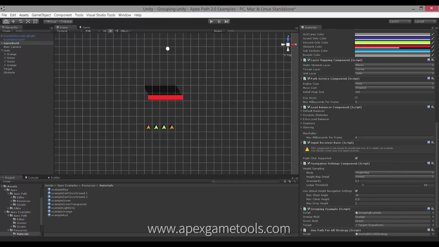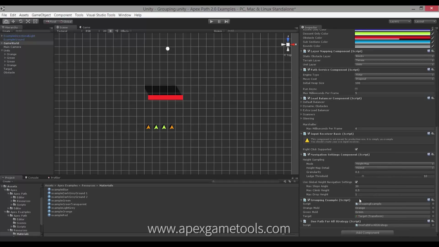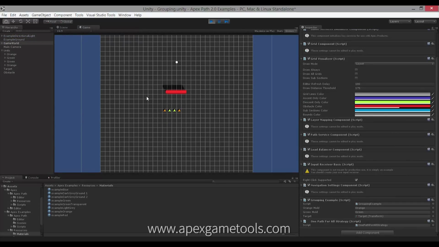And this is the one we want. So there we go. Now that it is on, we can start our scene and we should have this new strategy in place. So now when I create my group, it will actually be this new group that is created, and when I ask it to go somewhere, as you can see, they actually all move through the wall,